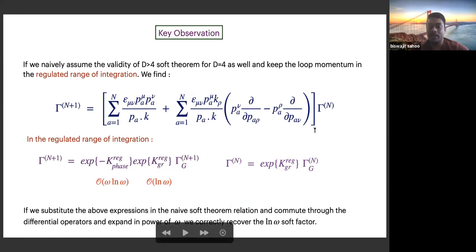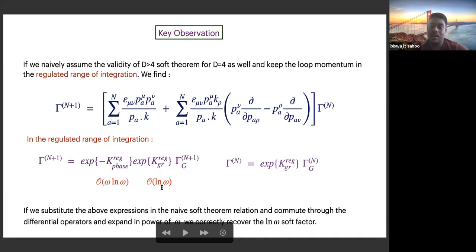and write down this amplitude naively. Now you see we have told that this gamma n plus 1 is written as the exponential of some K phase and the exponential of KGR, and this gamma n is the exponential of KGR, right? And now suppose you regulate this K phase and KGR in the integration range which I mentioned, substitute in this expression and then commute through these tree level soft factors. Then you can see this differential operator operating on the KGR regulated will receive a contribution,